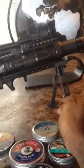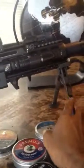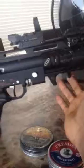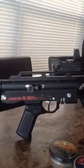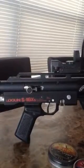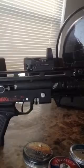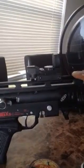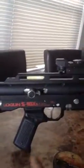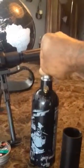I purchased this bipod here. It's all steel. It's adjustable, and also with the mag pull grips under the bottom, it's pretty comfortable. Like I say, this is a high-powered US version of the Logun S16Xs in .22 caliber. The only modifications or add-ons that I've done are the bipod, the quad rail, the flashlight, the laser, the rail upgrade, the red dot sight, and this shorter field bottle. And other than going through an assortment of pellets, and this is just a small amount of what I brought out to show you all during this video,